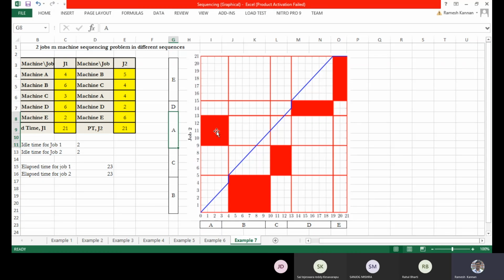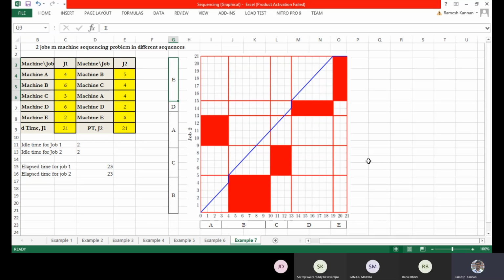You don't have to thicken it, or you can even draw inclined lines. So hatch lines, if you remember, technically, you can put a hatch line. Then for B and B, here it is B, so you put a hatch line here. For C and C, put a hatch line here. And D and D, you put a hatch line here. And for E and E, put a hatch line here. So which means that you make a block, and you can name it as A, B, C, D, E, something like that. Okay. So up to this, is there any problem? So you should be able to understand this graphical procedure, because the next is the most complex thing.